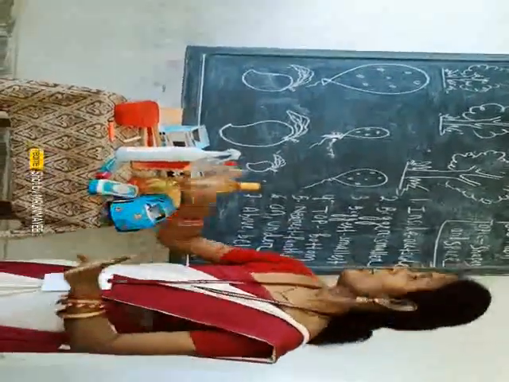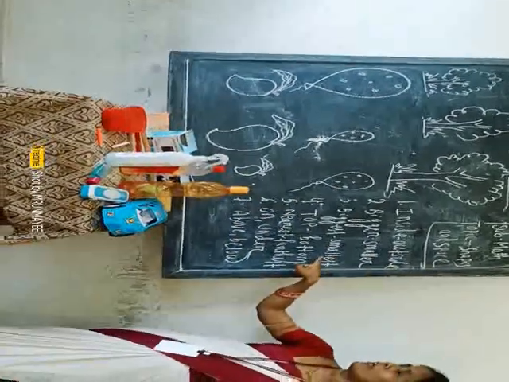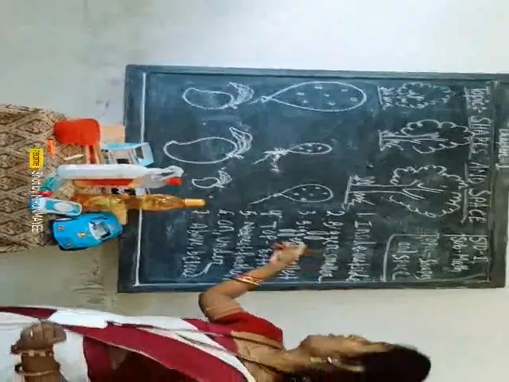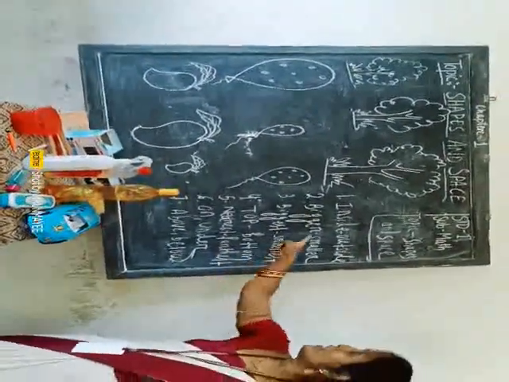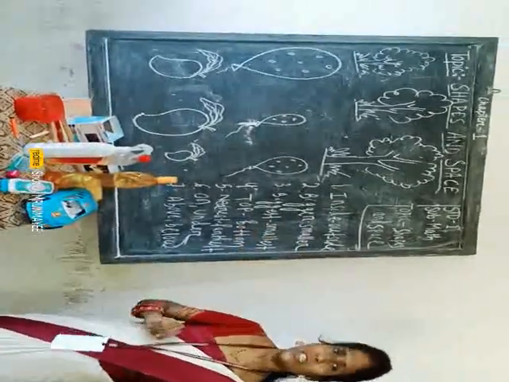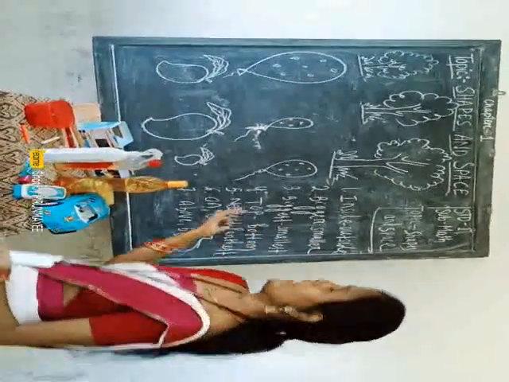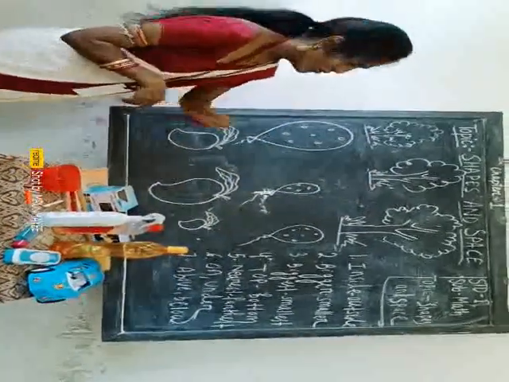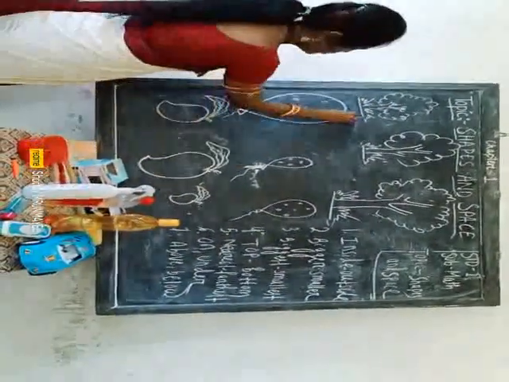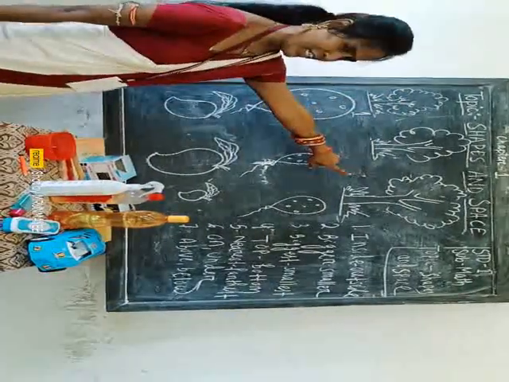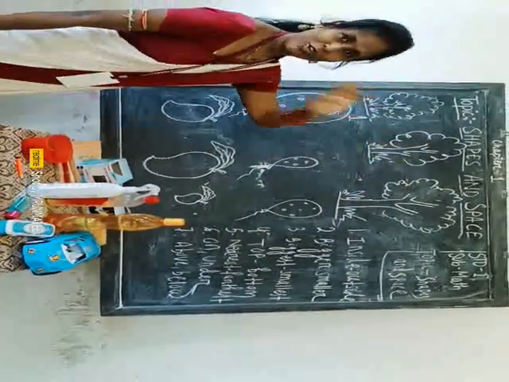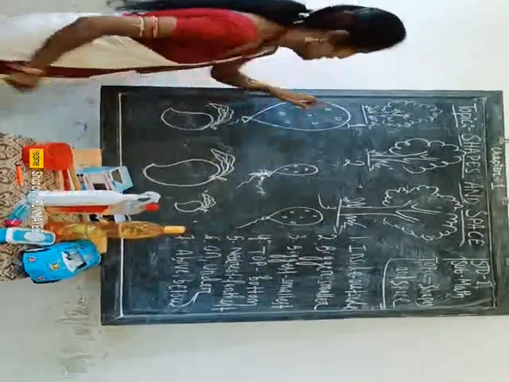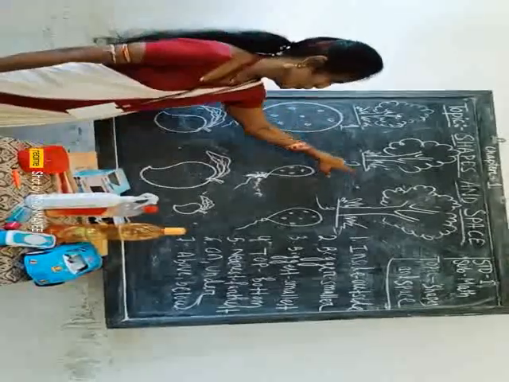Okay. Now we come to our third point, that is your biggest and smallest. Biggest, because if you ask me a question, ma'am, here bigger is written and here biggest is written. So let me clarify what is biggest and smallest. You see, I have drawn some pictures on the blackboard. This is your picture one. What are these? These are trees. You have seen them, all of you. So this is picture 1, picture 2 and picture 3.